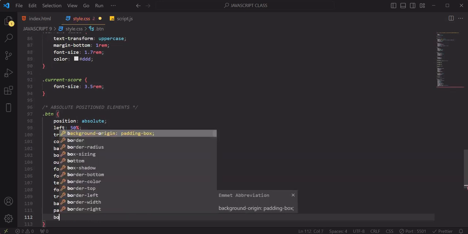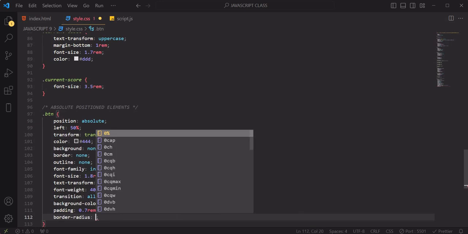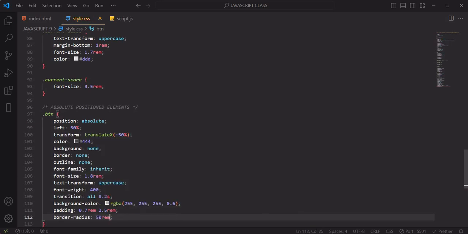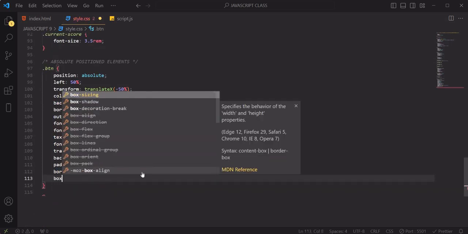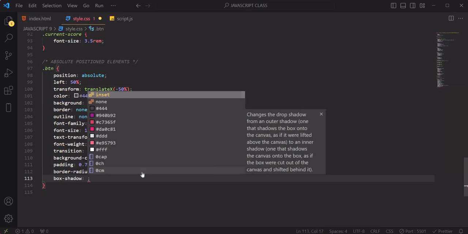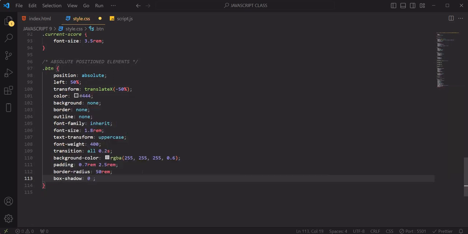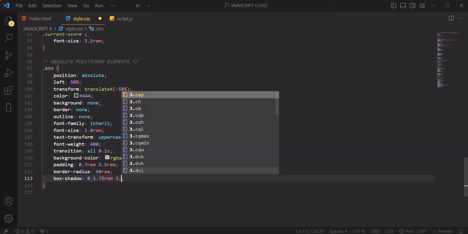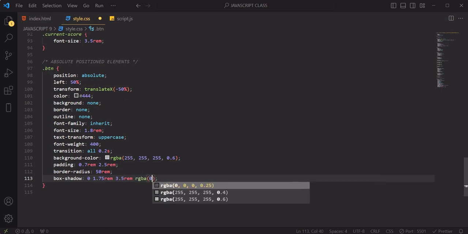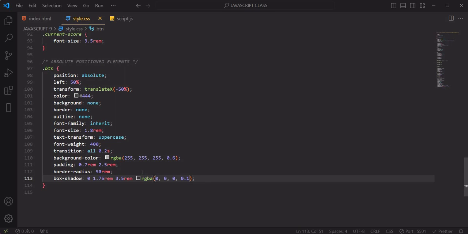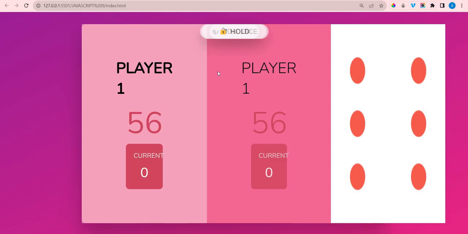Then we want the border radius to be 50 rem, and what again? Box shadow. We want the box shadow to be 1.75 rem, 3.5 rem, and RGB of 0. So I think I'm done. So let us see. So now,